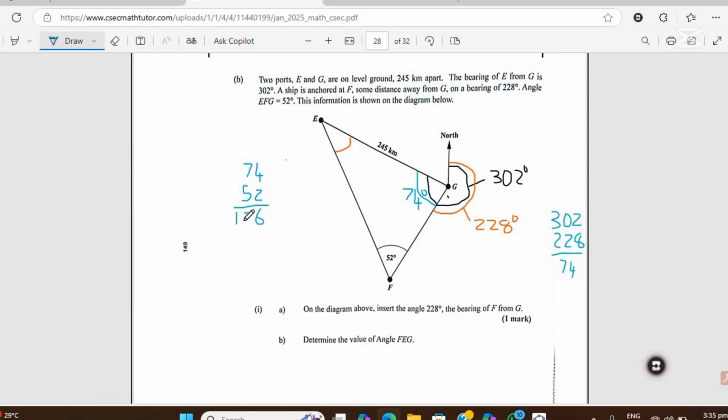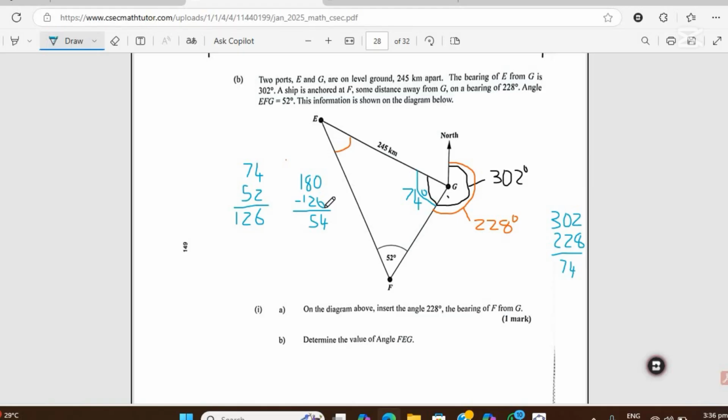Now, I'm just going to remind you that the sum of the three angles in any triangle is 180 degrees. You should find that angle by now. The sum of the three angles in any triangle is 180 degrees. So we can subtract the 126 from the 180 to find out what angle remains that belongs to angle E. So you're subtracting 126 and you should get